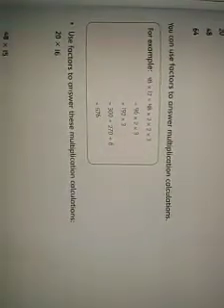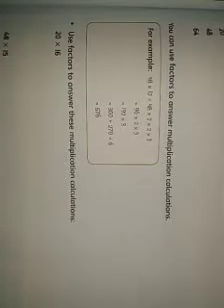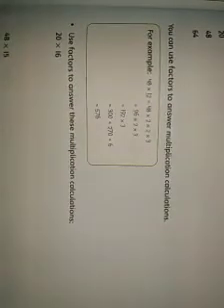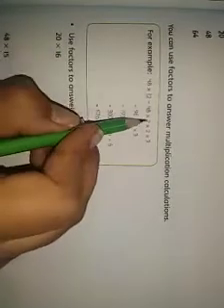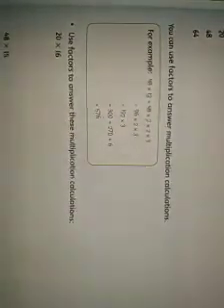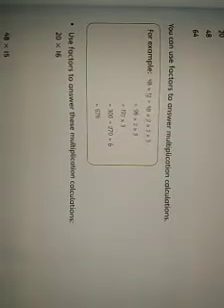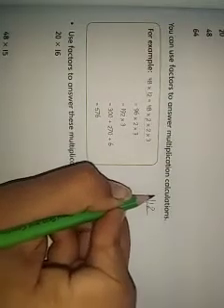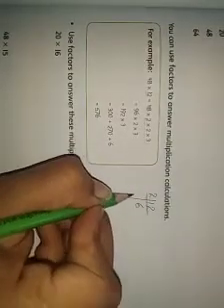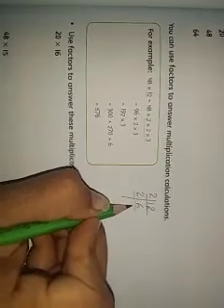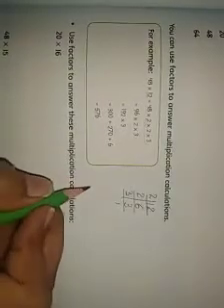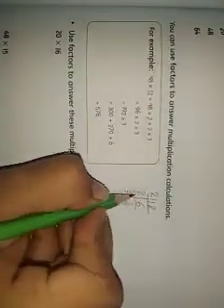What they have done in the next one is you can use factors to answer multiplication calculations. For example, they have divided 12 into its factors, which are 2, 2 and 3. How can you calculate it? I am showing you on the book itself. 12, take its LCM. 2 times 6 is 12. 2 times 3 is 6. Now 3 times 1 is 3. That's it. Got it?